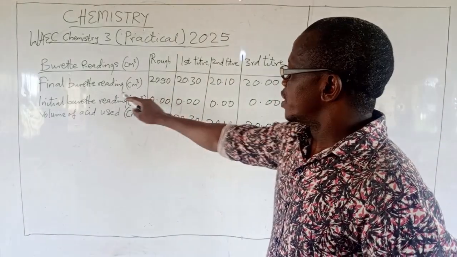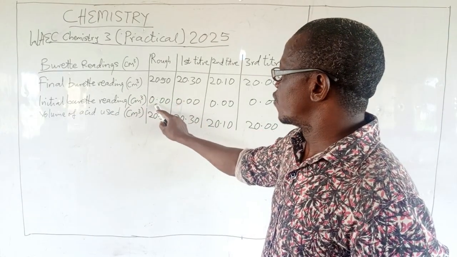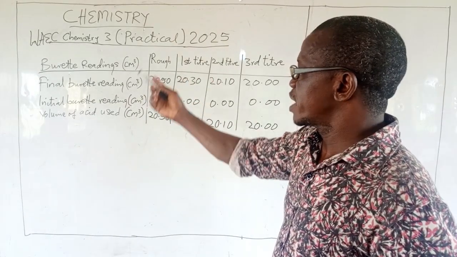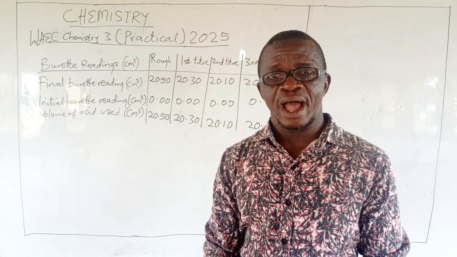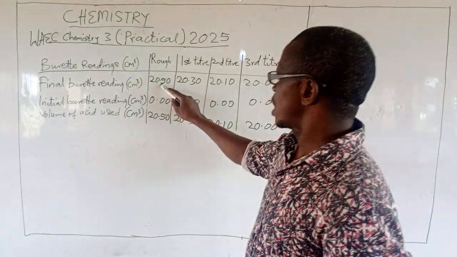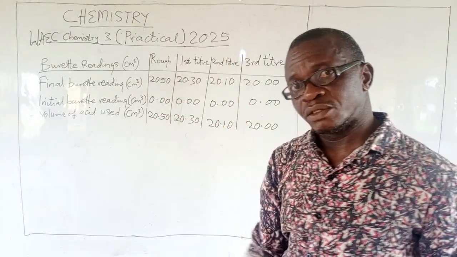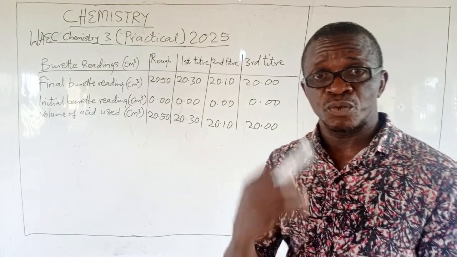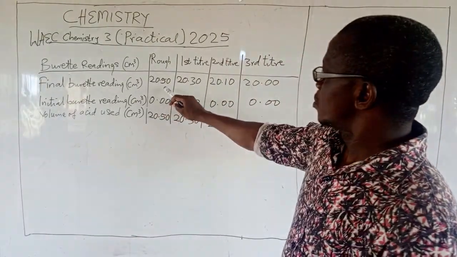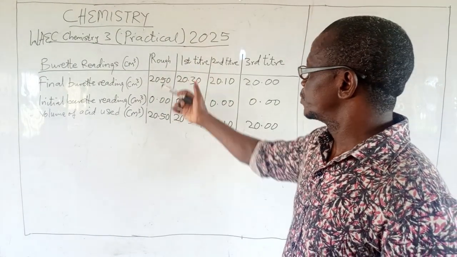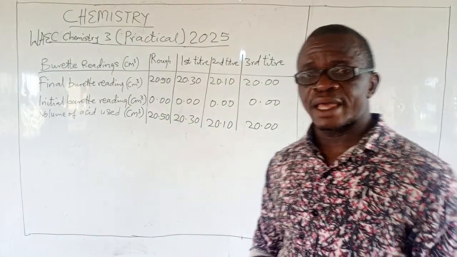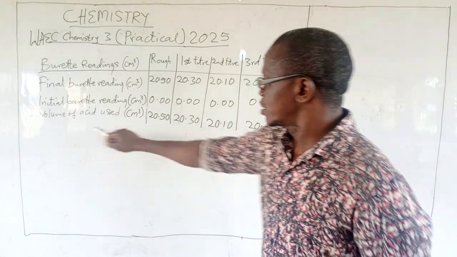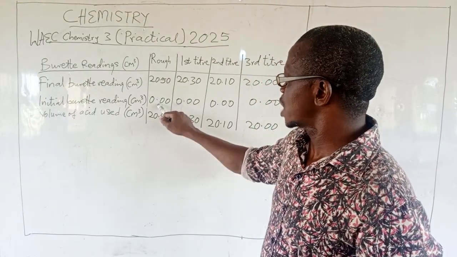My rough work, the initial volume was 0. I started with 0. Then final volume, when I observed the color change, I stopped. And the value was on the burette. You know that burette is supposed to be holding your acid, while pipette is supposed to be holding your base. So you take the reading from your burette, and this is what I have. Subtract this from this, get your volume of acid. So this is initial, this is final.